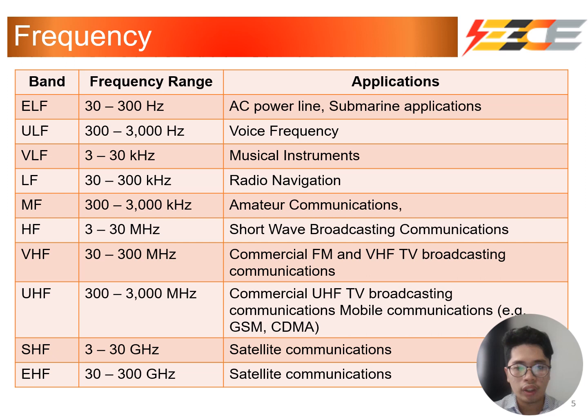We'll move on to discuss the different frequency ranges, starting with ELF, 30 to 300 Hz. Its applications include AC power line frequencies as well as the low end of the human hearing range. Moving on to ultra low frequencies, also known as the voice frequencies, it is the normal range of the human voice. Although human hearing extends from 20 to 20,000 Hz, most intelligible sounds occur in this range.